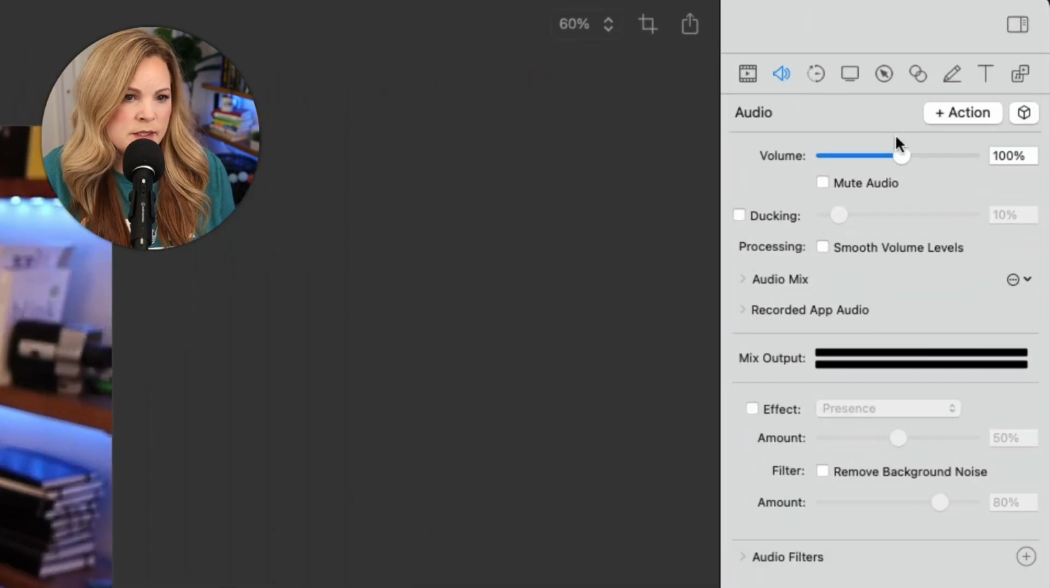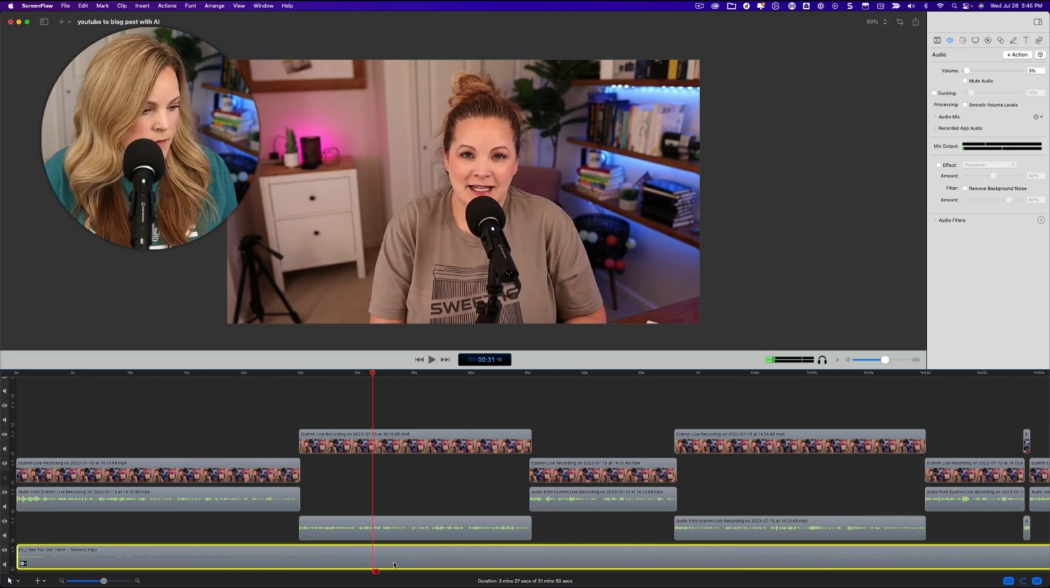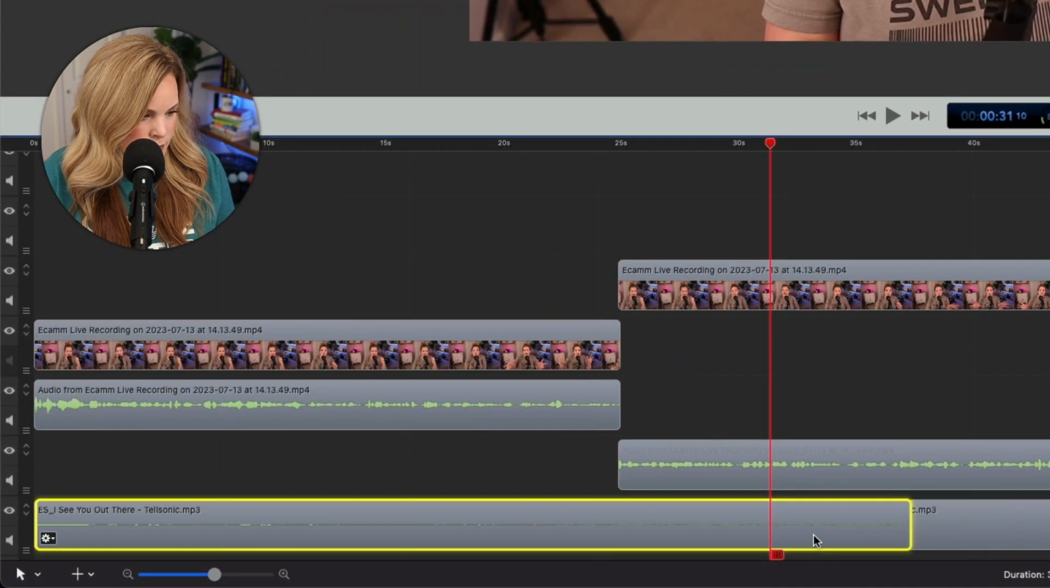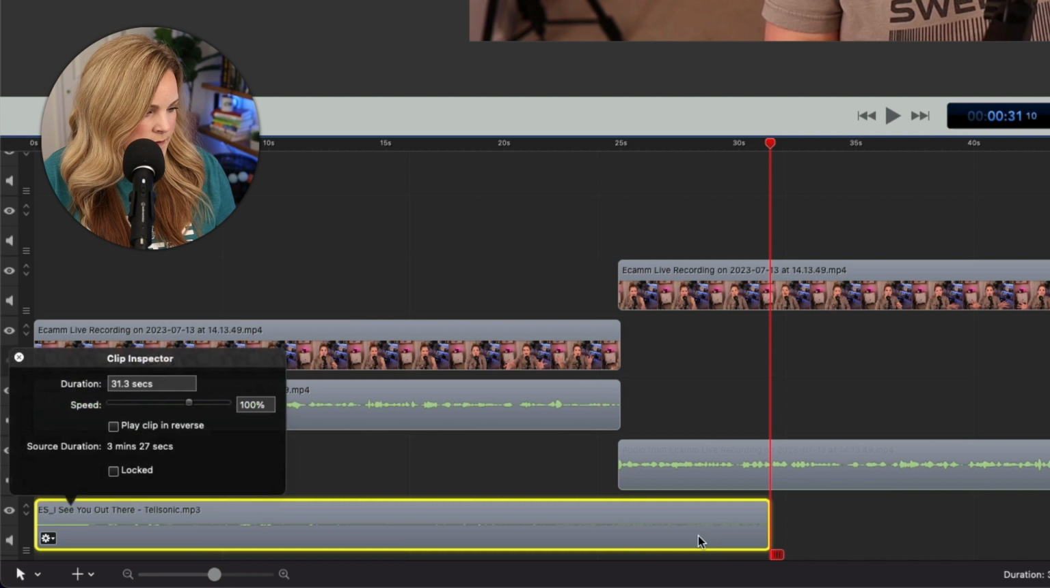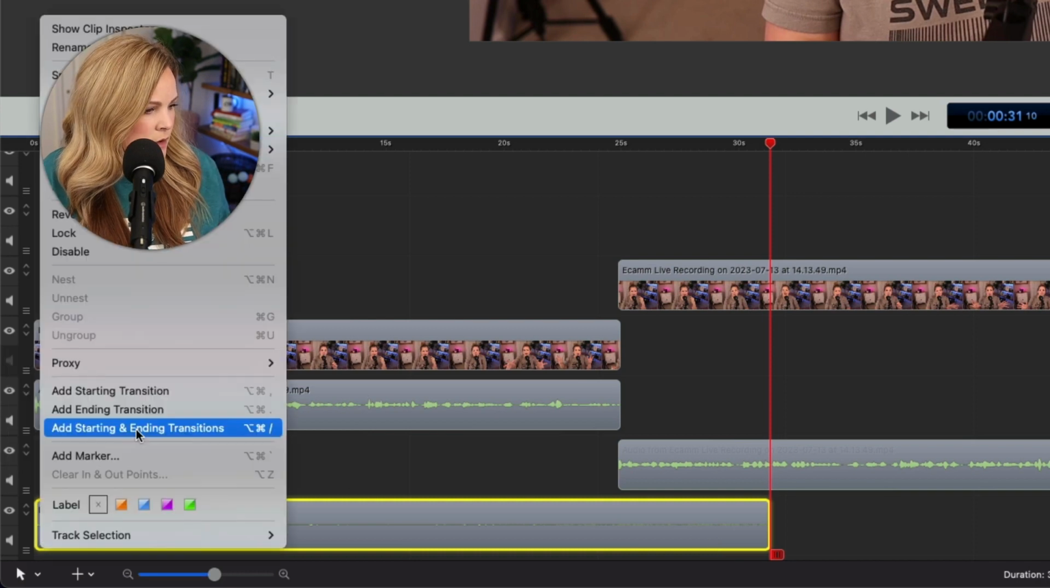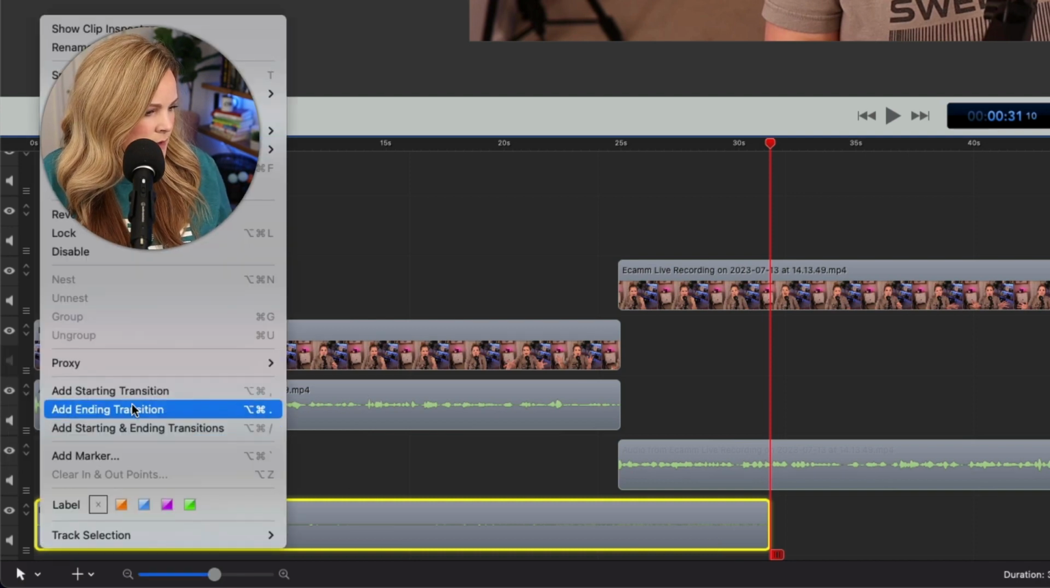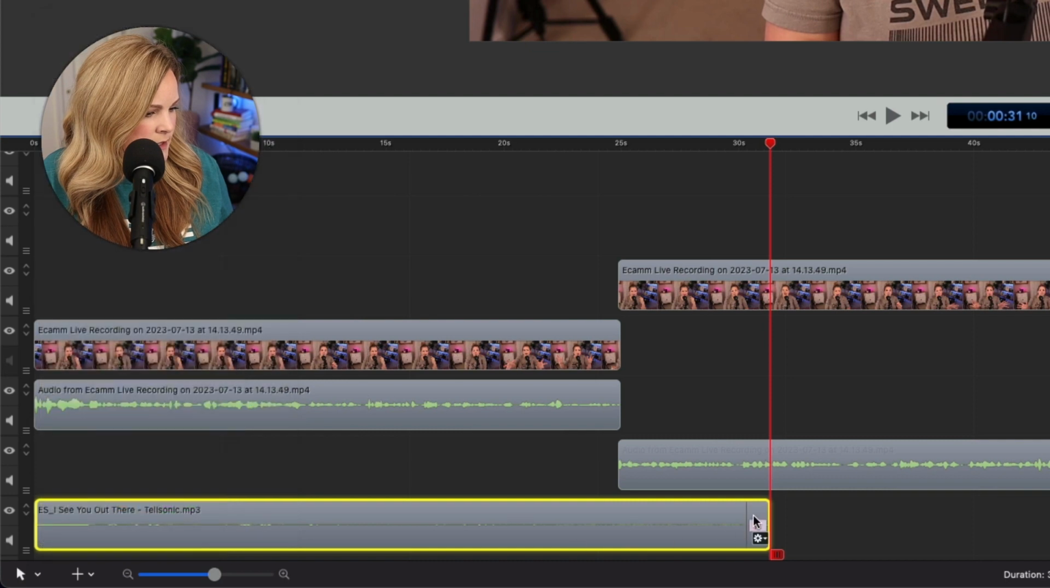With background music, you always want to crank the volume down. So I actually am going to trim this. I'm going to get rid of the last part, and I want this to fade out. So I'm going to come down here to add ending transition, and then it's going to fade out for me,